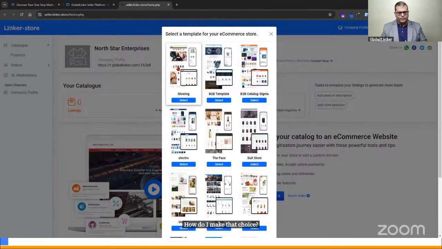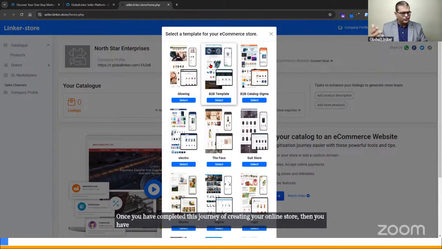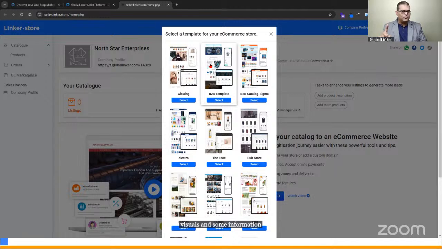In order to make that choice, you have to follow a process, and the process is that you have to obviously choose a theme here and complete this process. Once you have completed this journey of creating your online store, then you have to upload a few products. 2, 3 will also suffice. Actual products. I'm not talking about dummy products, where you're just randomly uploading some visuals and some information. No, an actual product or service.